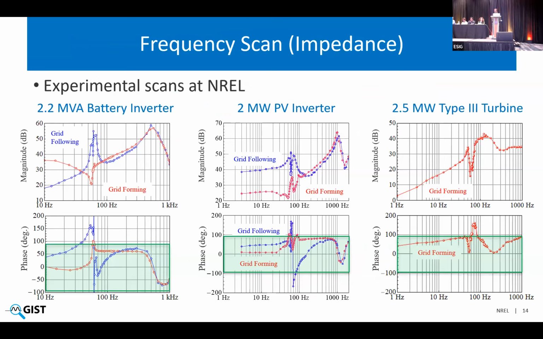We can look at the impedance responses similarly. Instead of Q by V frequency scans, we can look at the Thevenin impedance and understand the difference between grid forming and grid following. Grid forming, because it is trying to act as a voltage source, you would expect it to have a lower impedance at lower frequencies within control bandwidth, particularly around the fundamental frequency. Whereas the grid following IBR, and here the plots are actual experimental measurements for the same inverter, for blue and red, they are for the same inverter or same wind turbine. So we can also use impedance.